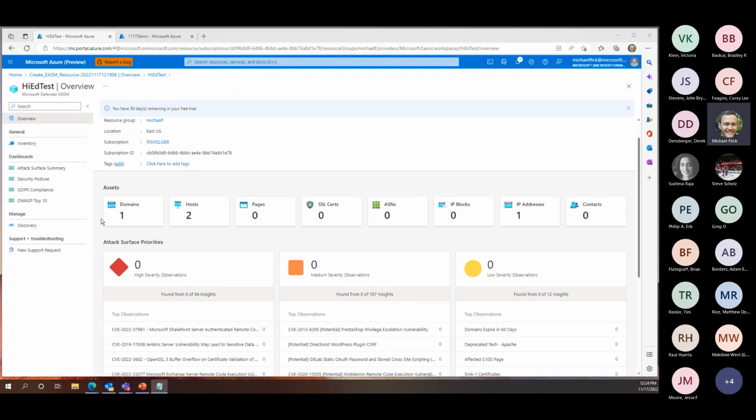As you can see here, the overview tab is fairly straightforward. It's just an overview of the assets that are making up your attack surface. There are a couple different asset types that we make available within the platform: domains, hosts, pages, SSL certs, ASNs, and so on. The counts that you see here, one domain, 2 hosts, these are all assets that we have found through the discovery process and attributed to your organization